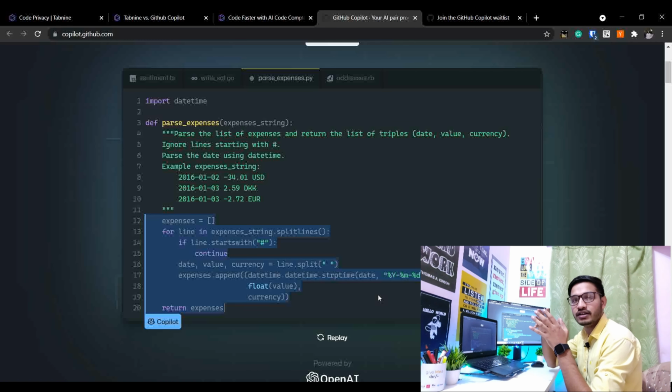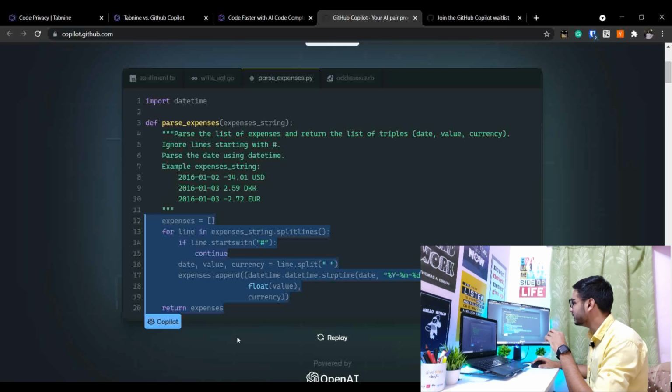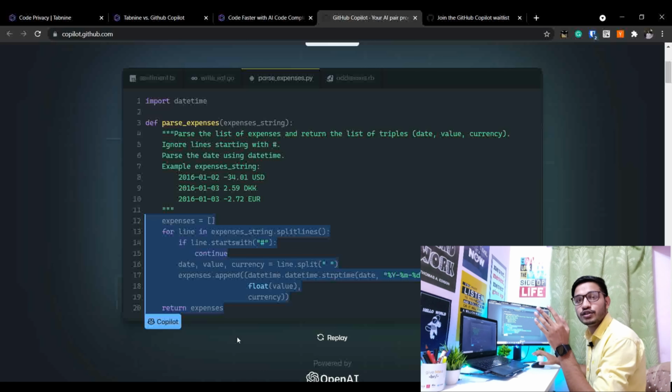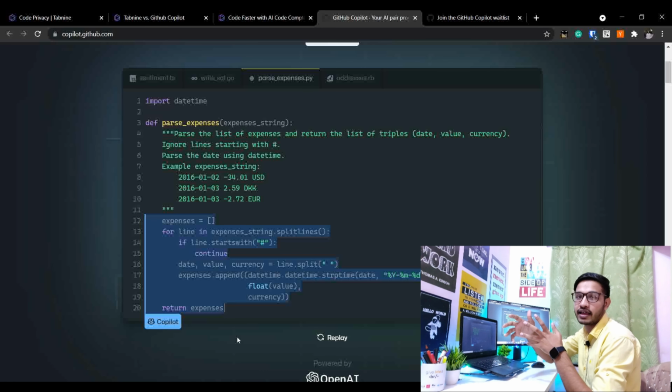Now, I personally do not suggest this thing, reason being you're not learning on the go, right? It suggests the complete code without you writing a single bit of code. And you don't even know what the logic in there is. You didn't put any thinking ability or logical problem-solving skills into writing the complete code. So this is the place where you're not growing.